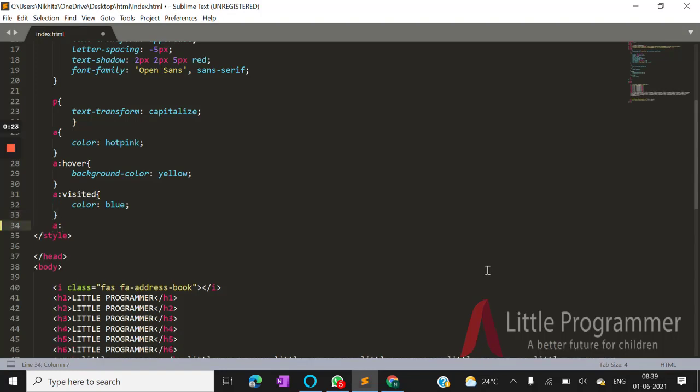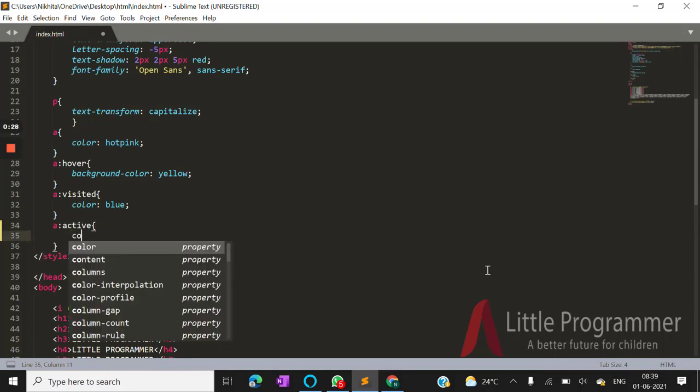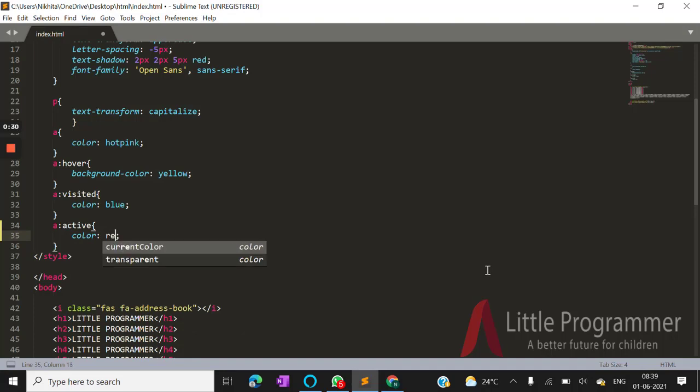So what we do is active, and the color of the text we will change to red. If the link is active, meaning it is the selected link, then the color should be changed to